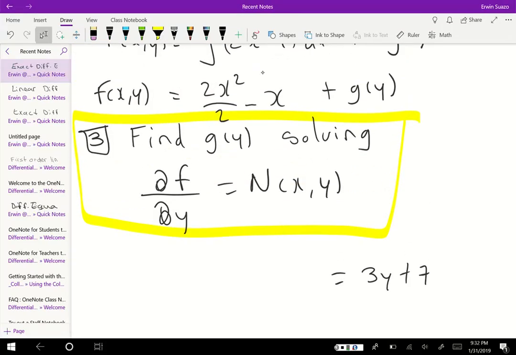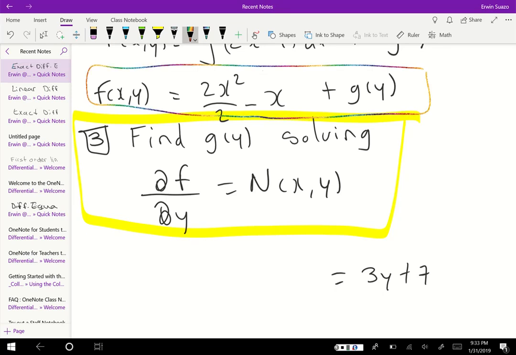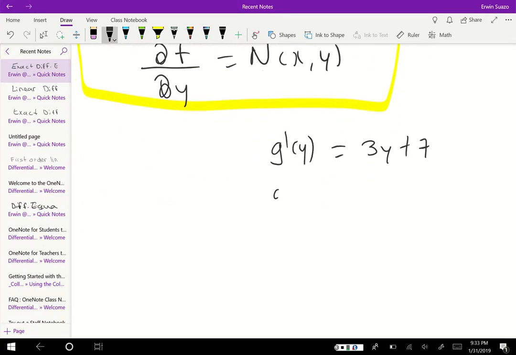And on the other side, I need to find the derivative of f with respect to y. But look at this one. This is my candidate for the solution. So I need to find the derivative of f with respect to y. This part doesn't have any y, so its derivative will be 0, but this one has a derivative, so this will be g prime of y. So therefore g of y will be 3y squared divided by 2 plus 7y. Okay,